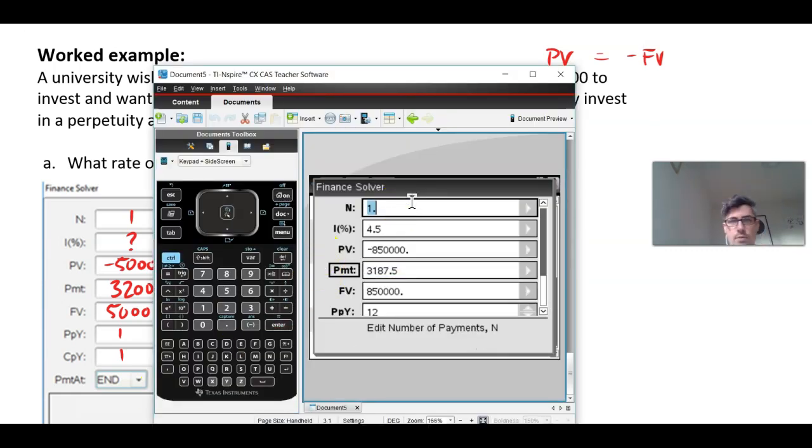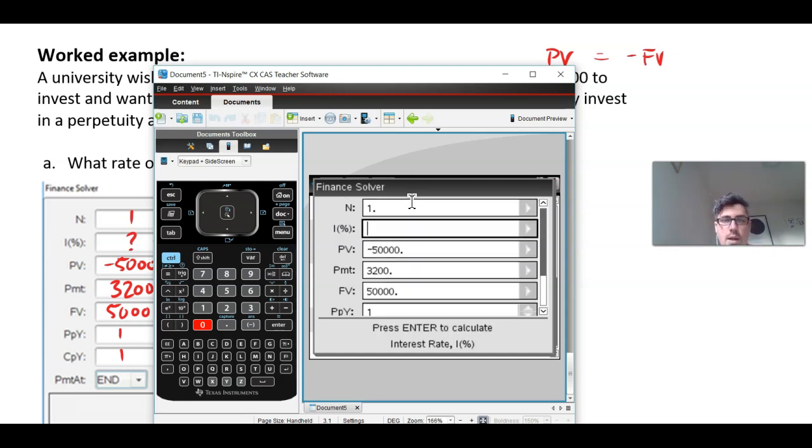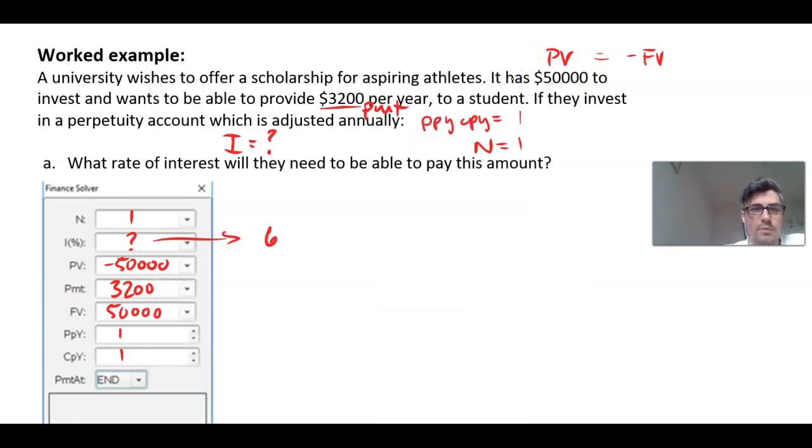Let's just go through. So 1 there, unknown, 50,000, 3,200, positive 50,000 because it's still owing to us. 1, 1, okay, hit enter. So we need a 6.4% rate. 6.4%, which is pretty doable if you find some sort of share market